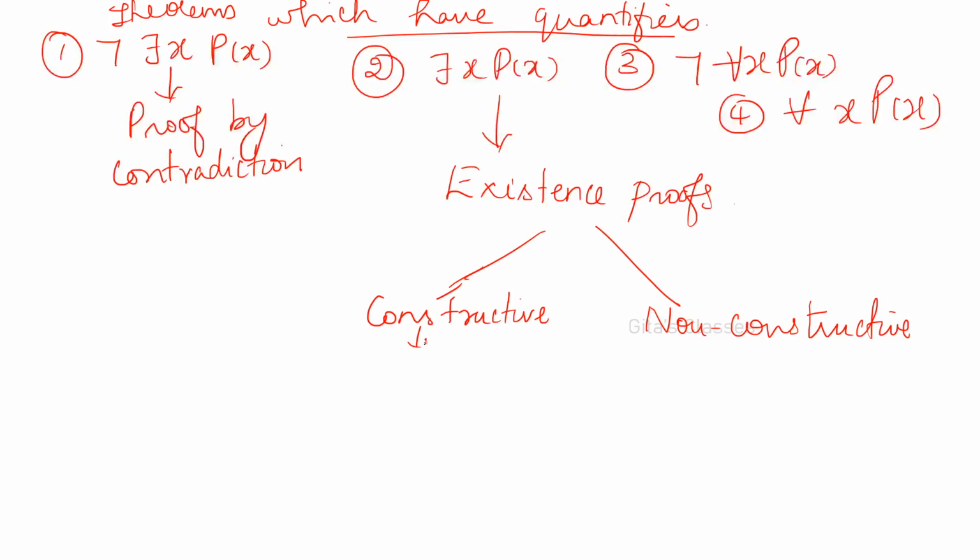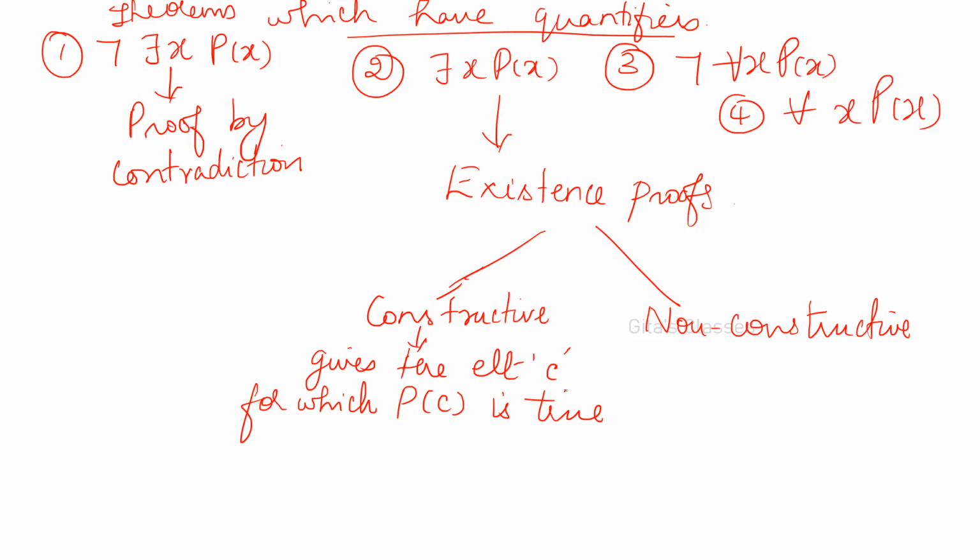Okay. So this gives the element C for which you may be able to find out the exact value C, for which P of C is true. Example, Rolle's theorem, Lagrange's mean value theorem and all. So we used to find out the value of C, right, in M1. So same thing. That is an example for finding the value of C. You will be able to find out the definite value C between the interval A comma B.